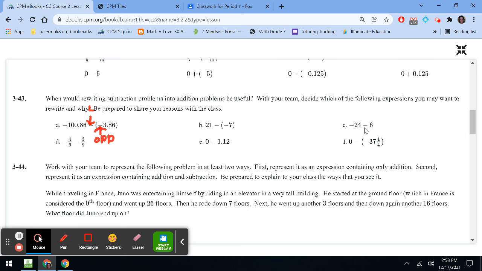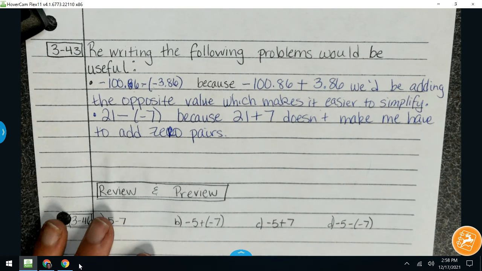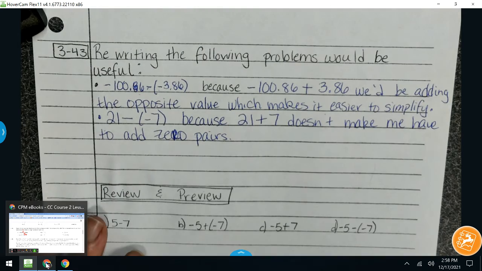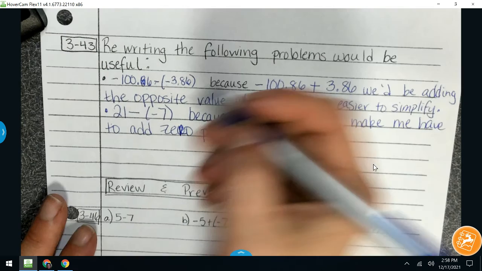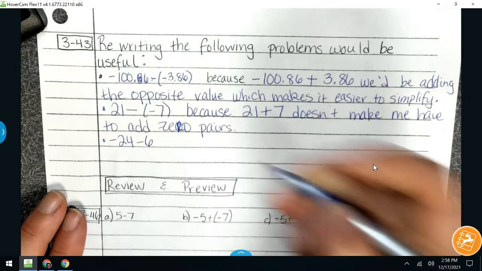So on this one here, let's go over here. I'm a little nervous about my time. So on that guy, let me double check, negative 24. So we have negative 24 minus 6, like this,